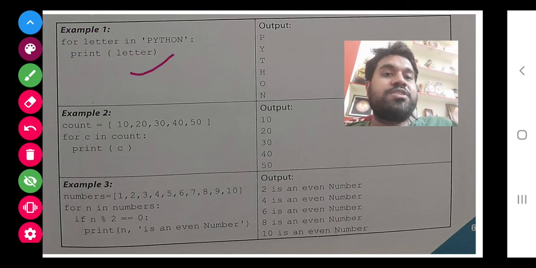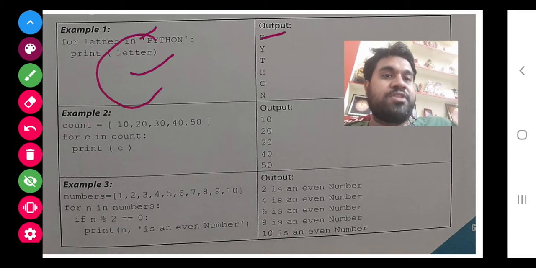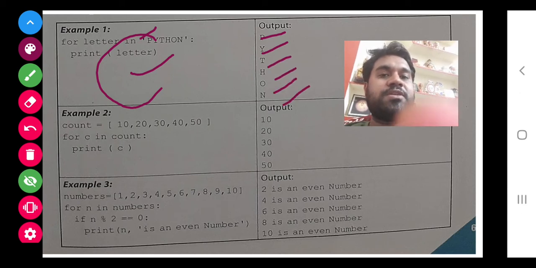Then letter will start at P and P will get displayed. Next time the loop will proceed, it will check the next letter, and it will get displayed.